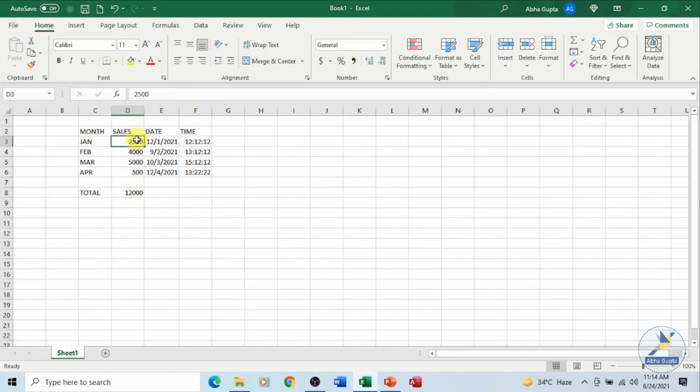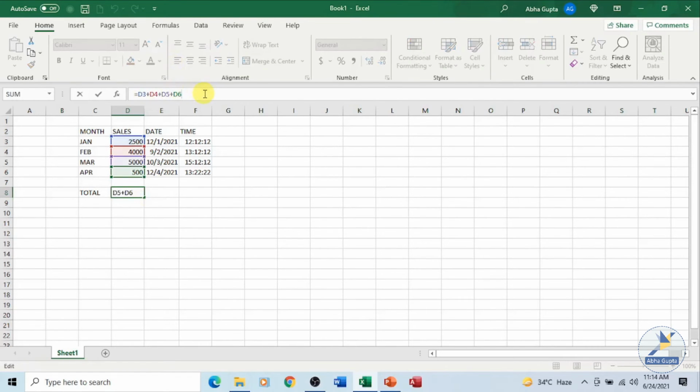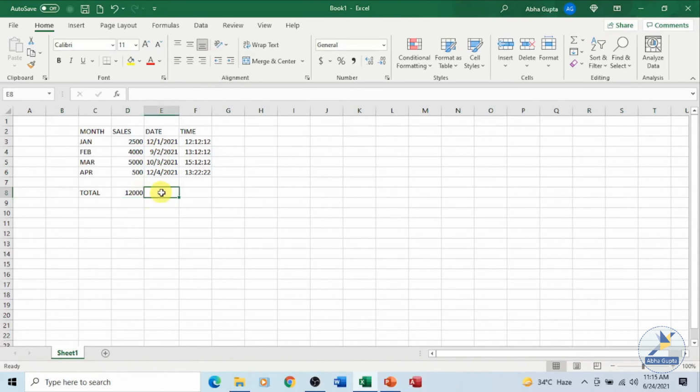You have D3, D4, D5, D6, and the calculation is being done in D8, and you can see this formula. You can also place parentheses around this formula, no problem with that. If you want, you can place parentheses.